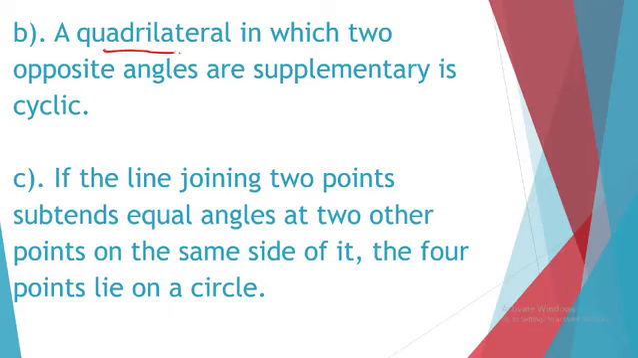It says a quadrilateral in which two opposite angles are supplementary is what? Is cyclic. A quadrilateral in which any two opposite angles of it are supplementary is called a cyclic